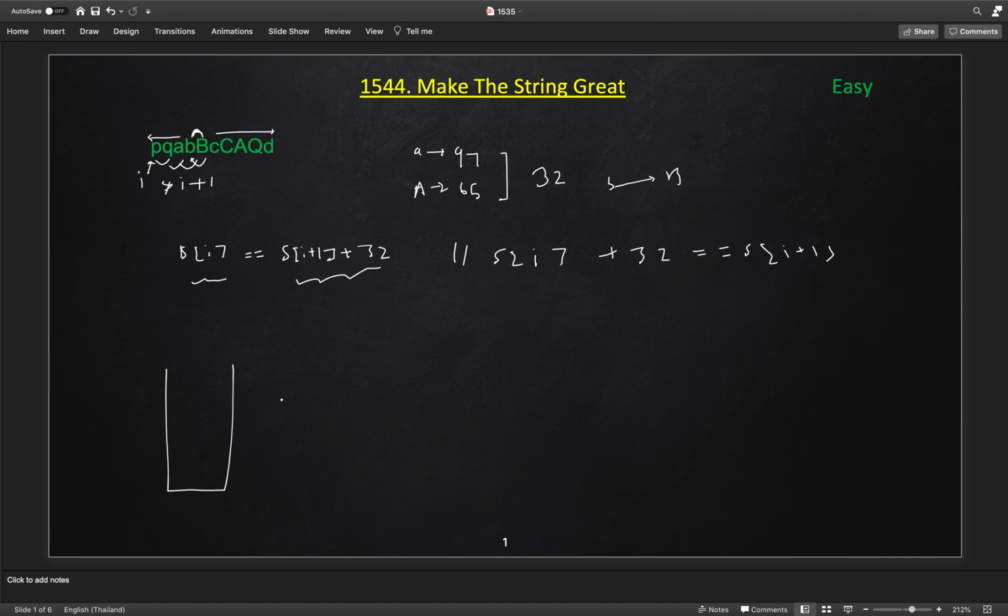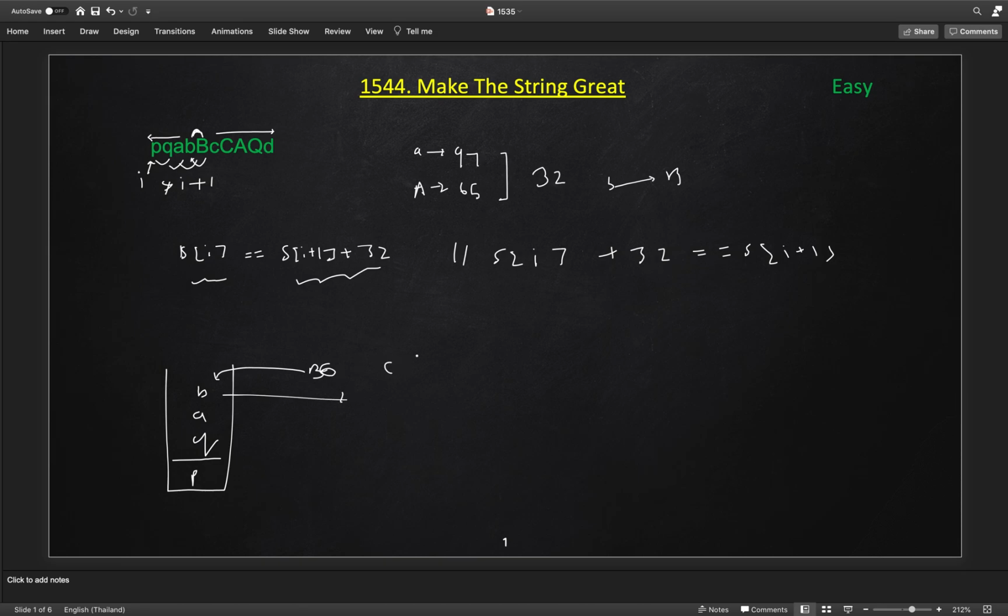So, when we start with an empty stack, we will just add the character P in the stack, then Q, then A, then B. So, once we added up to the small v, we get the capital V. So, we will look at the peek, and if the peek character and the current character satisfy the condition, we will pop out from the peek and skip this character as well.